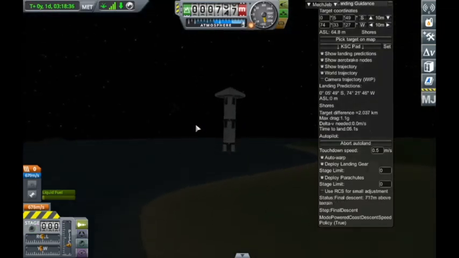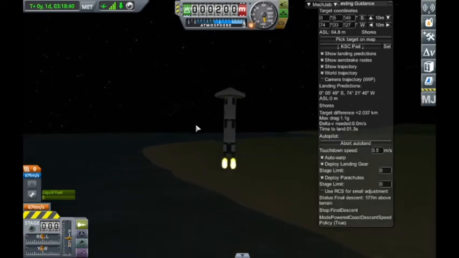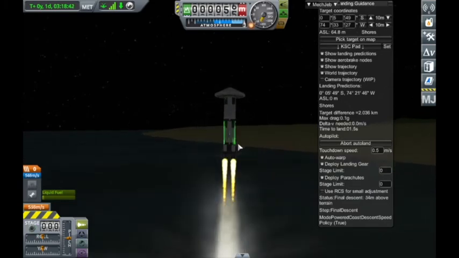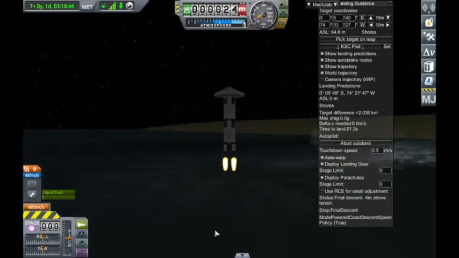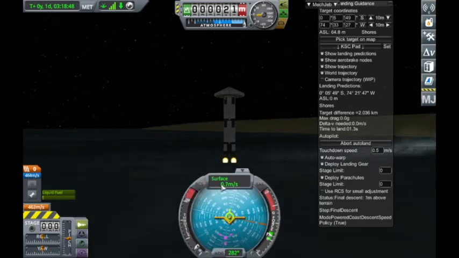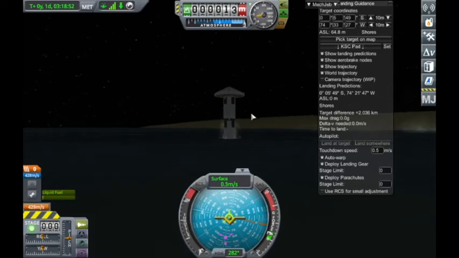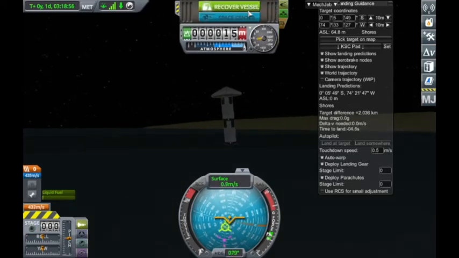There go the landing legs, and the engines will light here any second. There we are. And it slows it down right to the landing speed I set it at, which was 0.5 meters per second. And if we look right here, slows it down. Touchdown. So that, and it lands in the water. Now I'm going to recover it before it tips. Yep. Recovered it before it tipped over and broke itself,